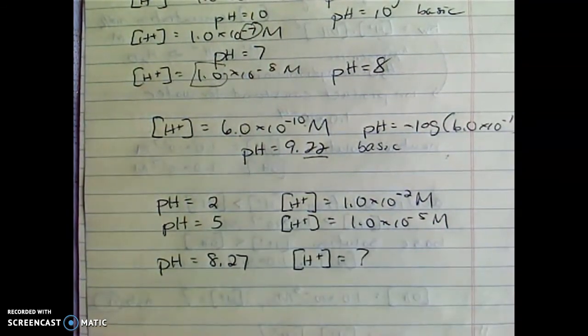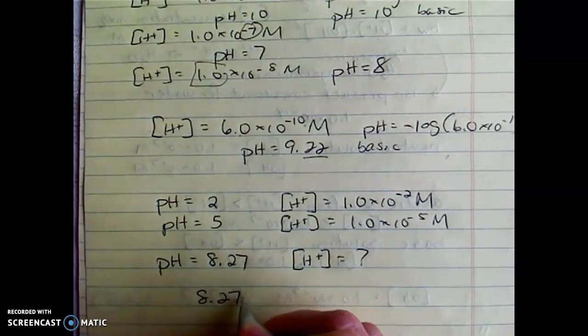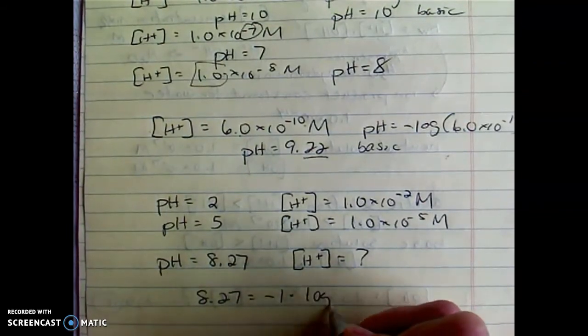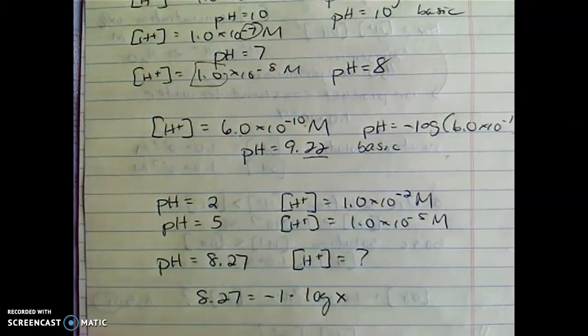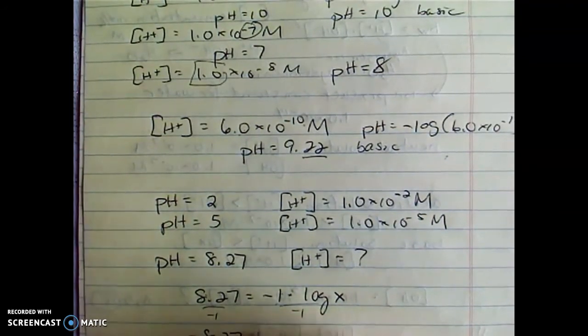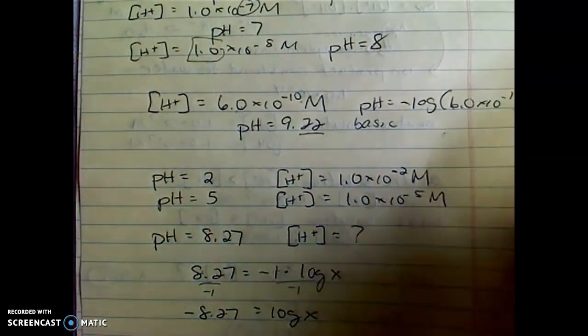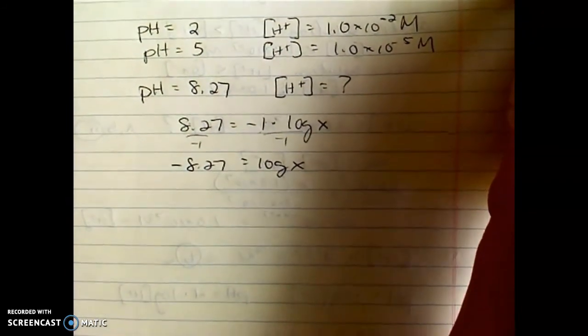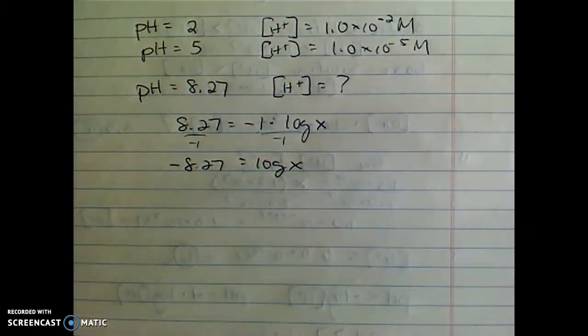Okay. With this, I'm going to have to go backwards. So I've got my pH equation. I've got 8.27 is equal to negative 1 times the log of X. I don't know what my hydrogen ion concentration is, so it becomes X. So first thing I've got to do is move this over here. So if you divide both sides by negative 1, you're going to get negative 8.27 is equal to log of X. Okay, log of X. How do you get rid of log? Well, you have to use the second button or the inverse button. You have to do the inverse of that, like inverse sine or inverse cosine, or the opposite of your square